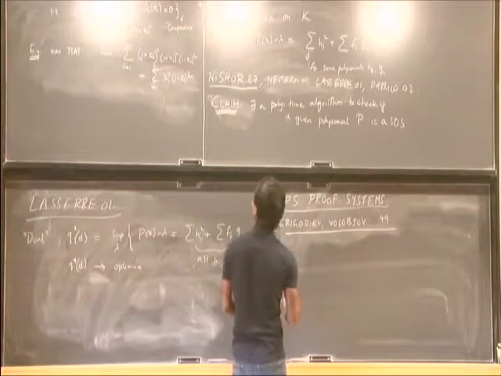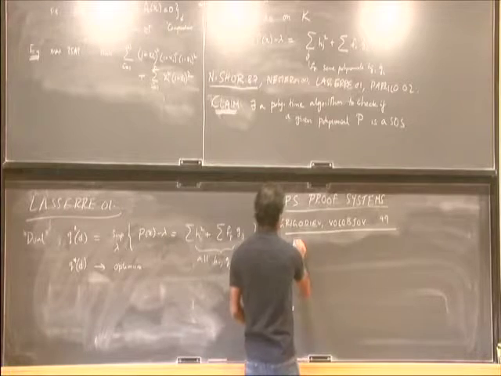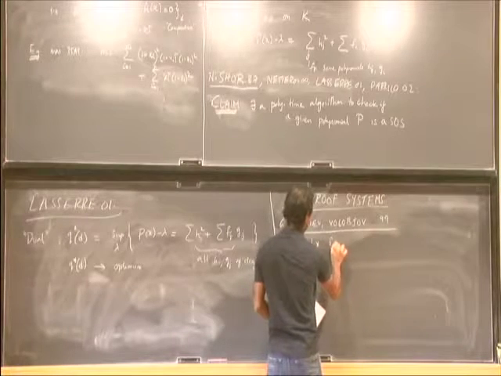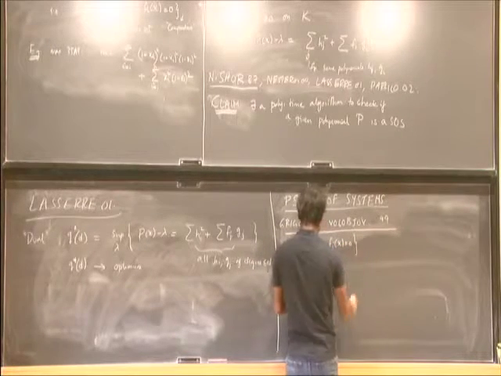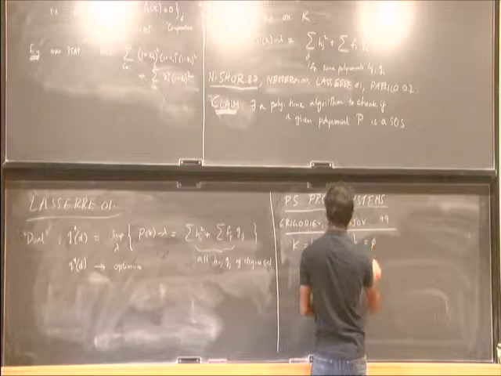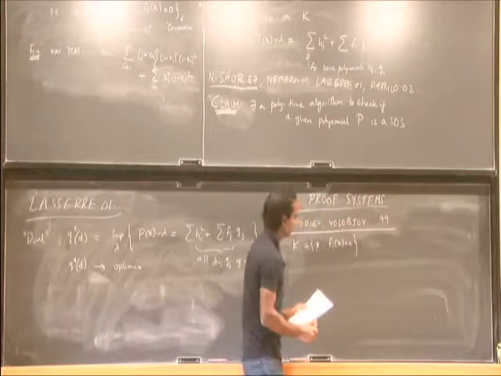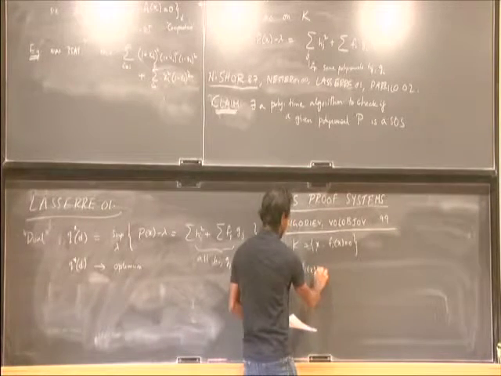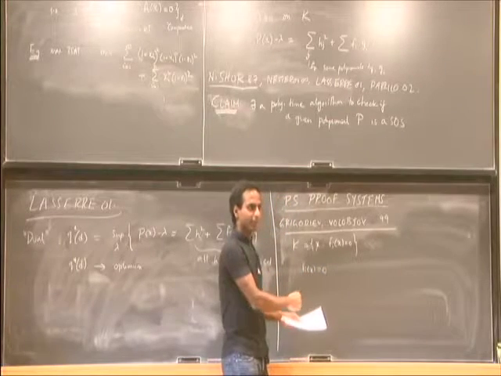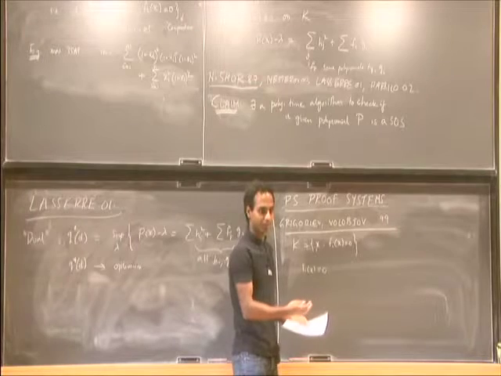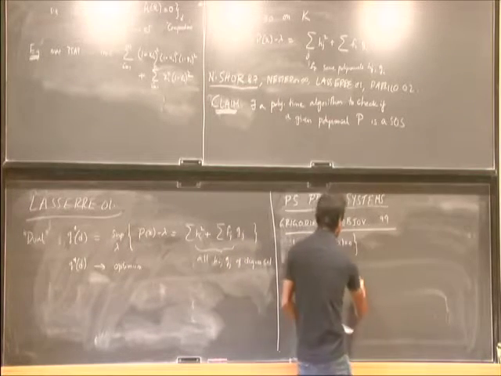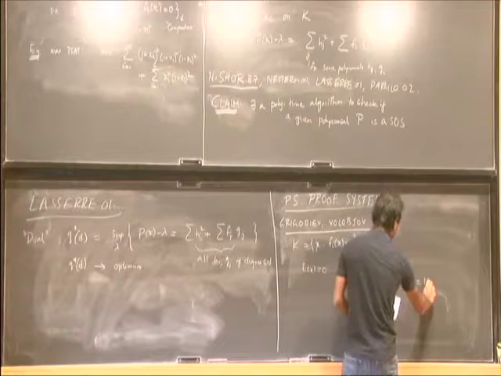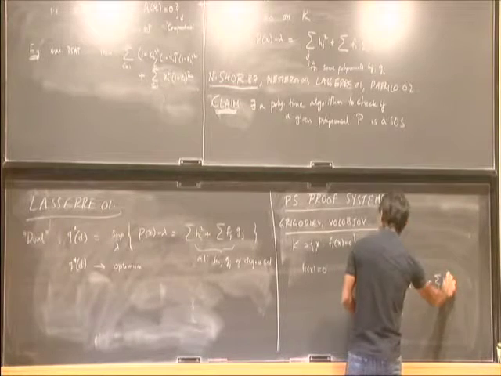Let's say I want to show that K is empty. You have some K which is just the set of x such that f_i(x) equals 0, and I want to show that this is empty. If we want to show this is empty, it's equivalent to saying that the set of axioms f_i(x) equals 0, if you treat them as axioms, then you should be able to derive a contradiction from them. And what kind of contradiction? You want to get a contradiction of the form sum of f_i g_i equals 1 plus a sum of h_ij squared.